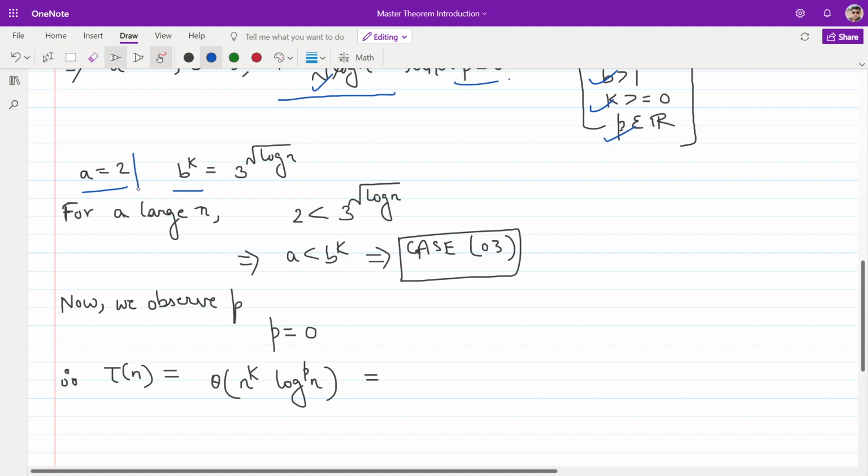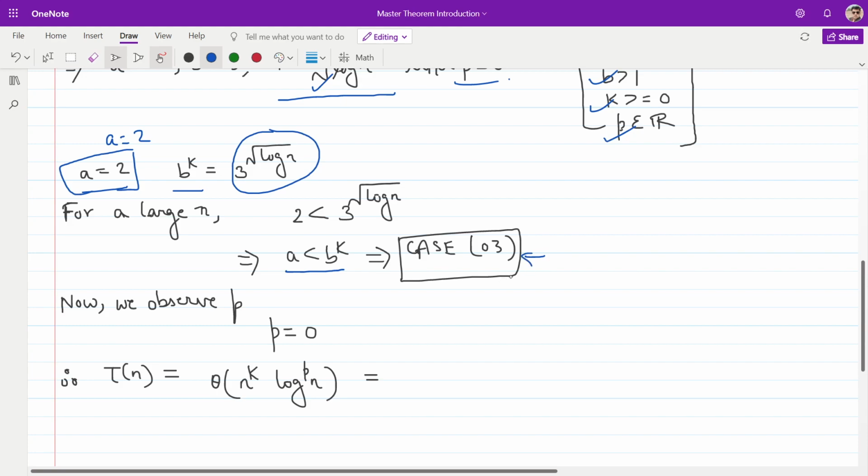So we have already found out the value of k, and we have found out the value of a, which is equal to 2, and b raised to the power k is equal to 3 raised to the power root log n. Okay, so for large values of n, this quantity will always be greater than 2. That means a is less than b raised to the power k, right? So this is what I have written. A is less than b raised to the power k, which means this is a problem corresponding to case 3